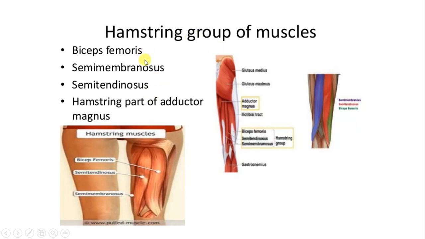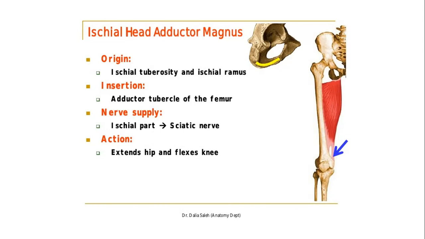There are four muscles: biceps femoris, semitendinosus, semimembranosus, and the hamstring part of the adductor magnus muscle. So first, we see the ischial head of the adductor magnus. Here we see it originating from the ischium and the pubic bone. The pubic part will be there and there will be the ischial part. The muscle originates from the ischium and is inserted over the medial side of the